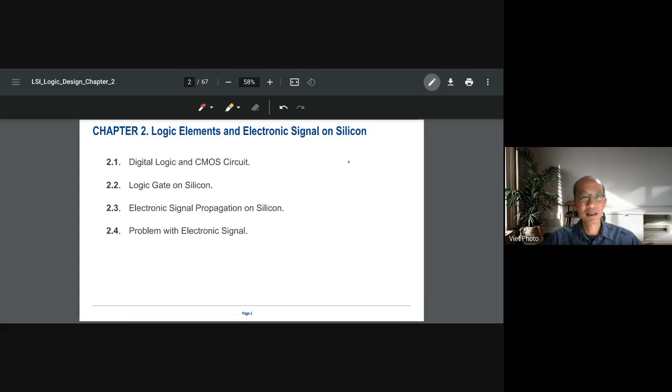And I think this, let me see, maybe this. Okay, so this chapter has two main topics, even though we have 4. One is about the MOS, and one is about the portion of logic gate on silicon. That one, again, I would defer to what you learned before, so I can save us time. And the second part is about the electronic signal, the problem with electronic signal, which is the signal integrity. So the first thing is about,